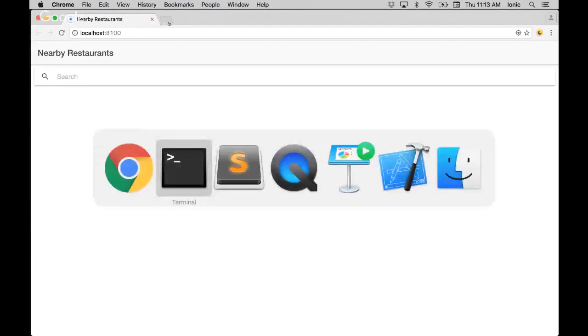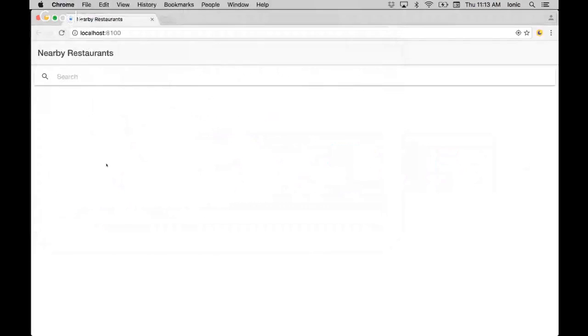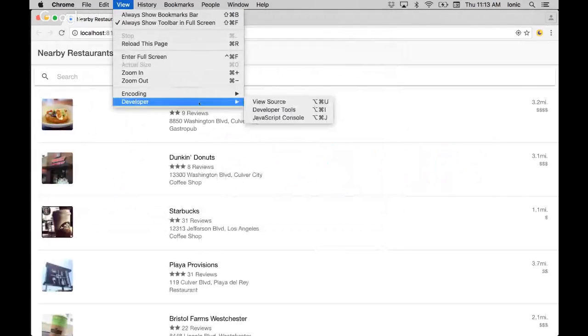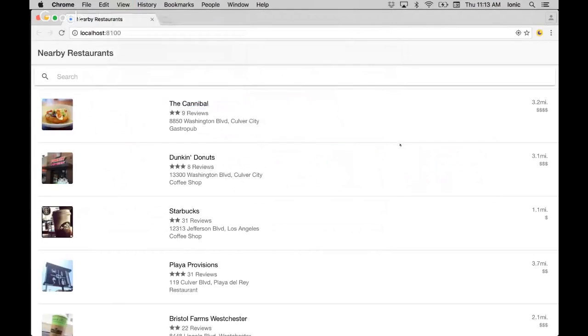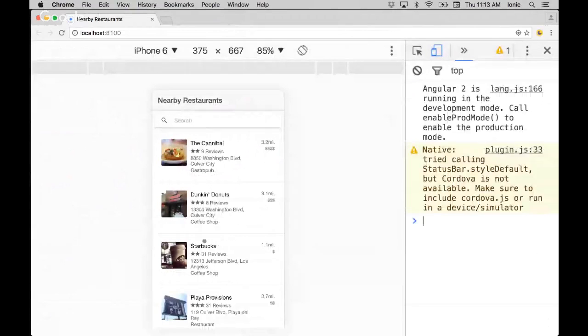Make sure everything's good. Everything looks good. There we go, just took a second. I'll come back and look at the developer tools, and you can see that I'm getting my location-specific results, and